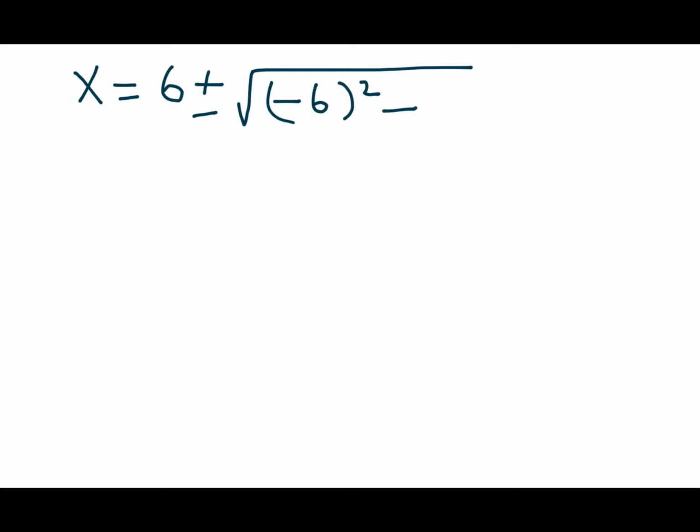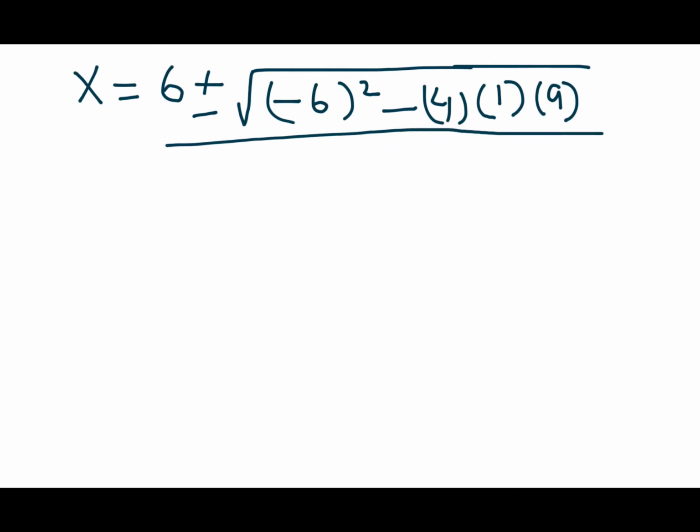So x equals 6 plus or minus the square root of minus 6 squared minus 4 times 1 times 9, divided by 2 times 1. That is equal to 6 plus or minus